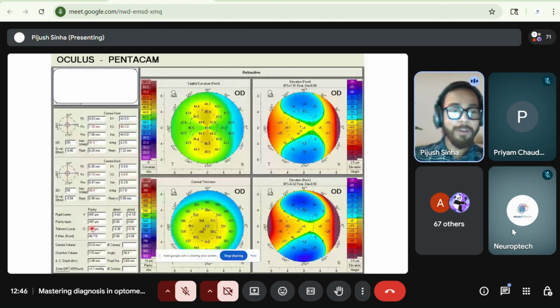So we are optometrists. We are not engineers that we will learn how the Pentacam machine is built. We just have a report, we did the test and the report is in our hand. Now we are going to interpret it. So today I'm going to show you how to structurally interpret the report and get those significant findings from it. Let's start. So here, the first thing that you need to look at is the quality specification,